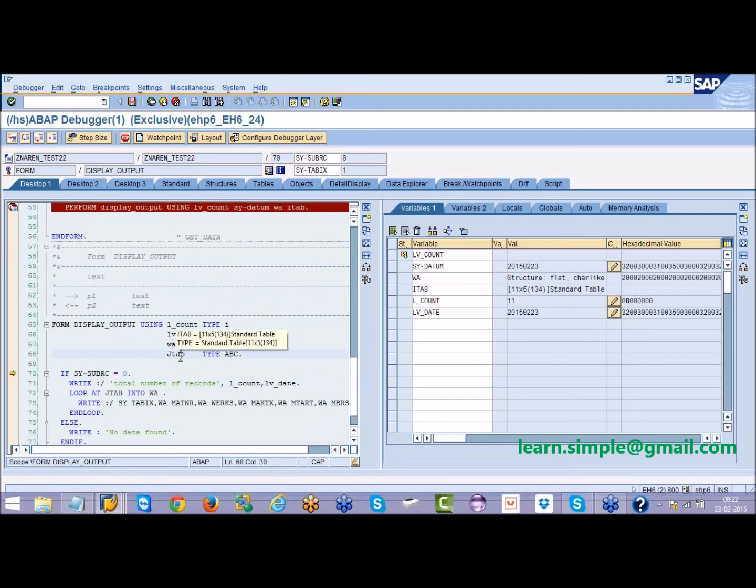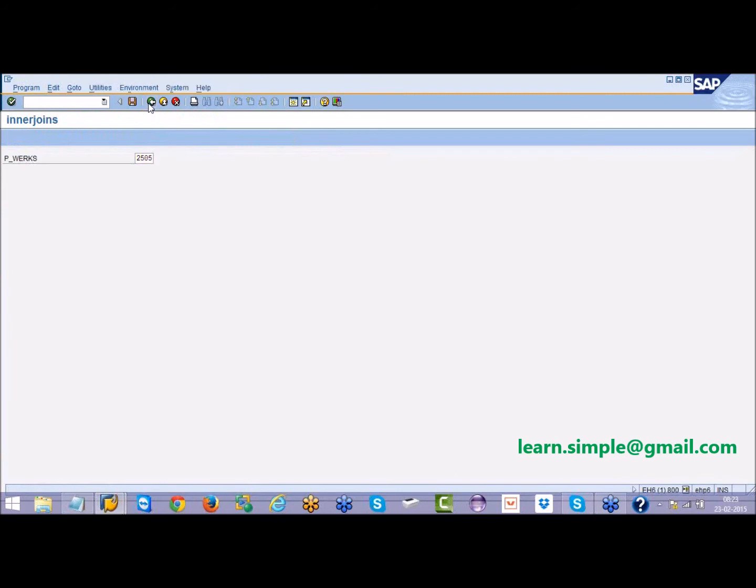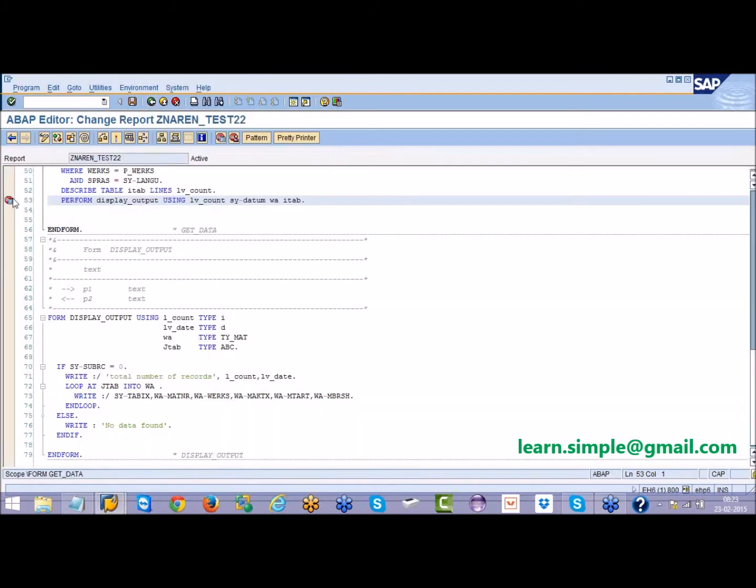And JTab. Now JTab has 11 records. Previously whatever records were available in iTab, those records are given to JTab. So now you loop and write in the JTab. So this is the way of transferring data from one subroutine to another subroutine.